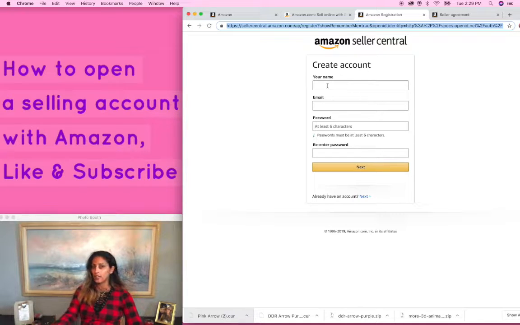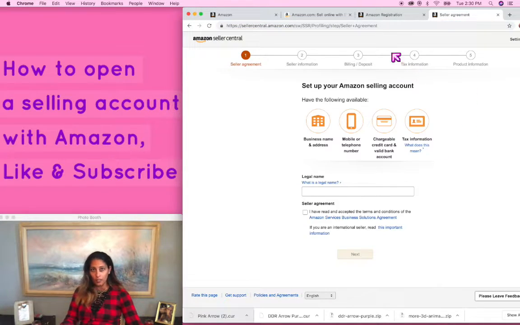So here you're going to add your name, your email, password. And after that, you're going to want to click next. And then it will bring you to this page right here. And in this page here, you want to set up your selling account information, such as your business name, your